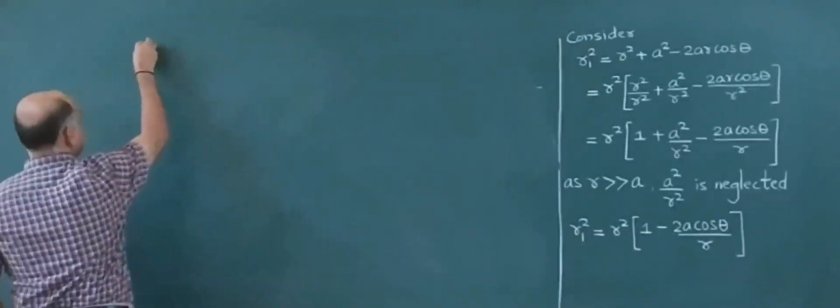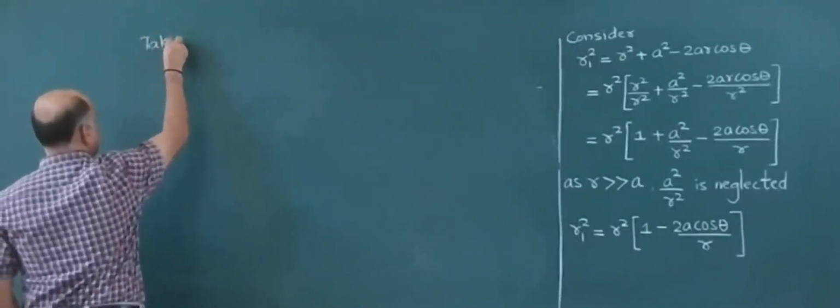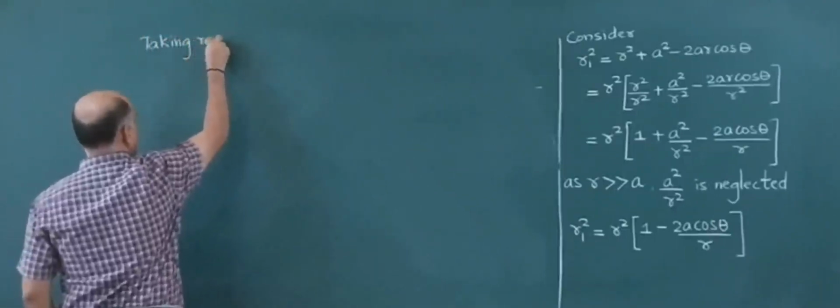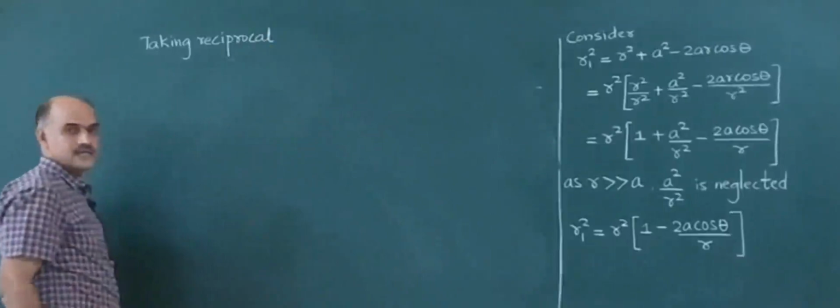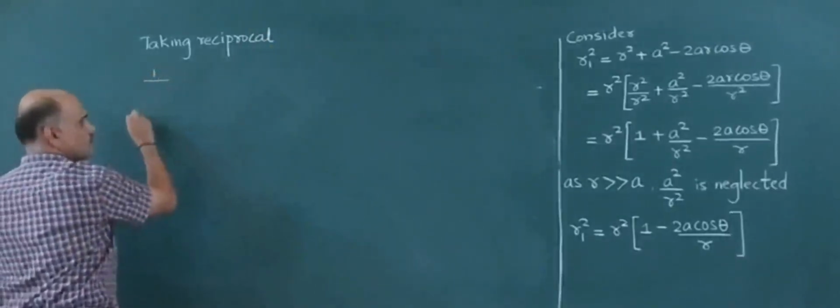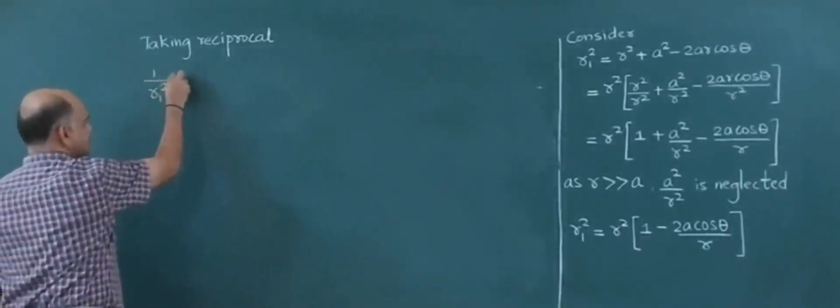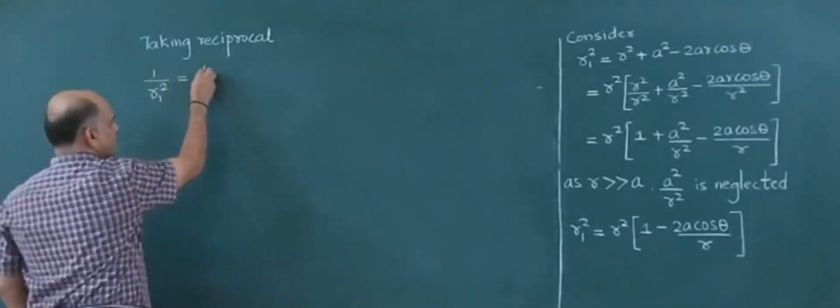So taking reciprocal, you will have 1 by r1 square is equal to 1 by r